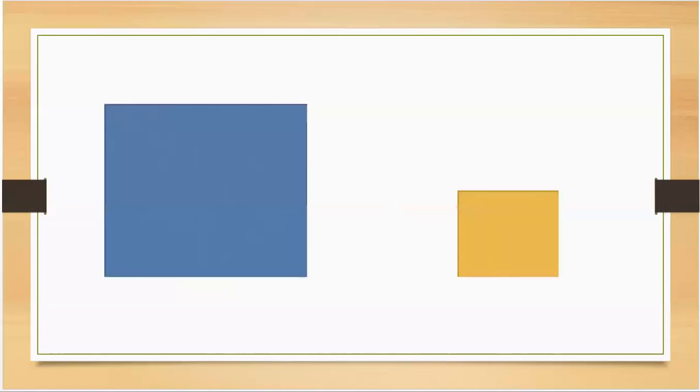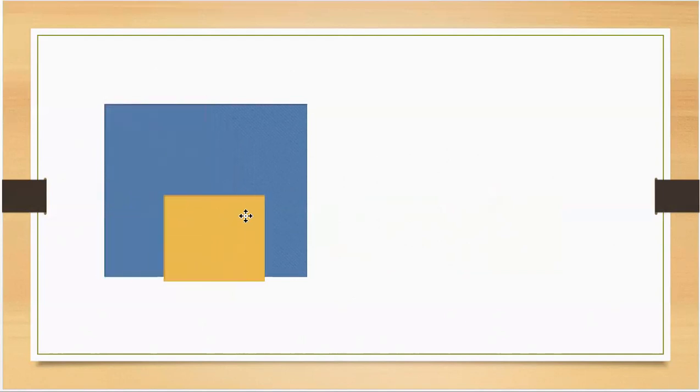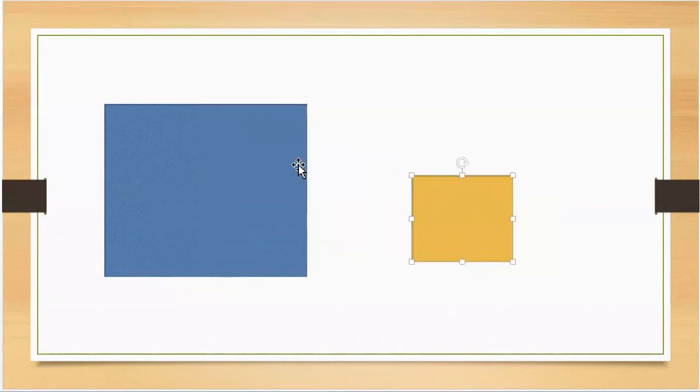And finally, let us observe this square. The blue color square has sides slightly bigger than the yellow color square. Now let us coincide the angles and see. The angles are definitely equal. This is the first angle, this is second, this is third, and this is fourth. You can see here all the angles of the blue color square are equal to the yellow color square. Only the difference is in the length of the sides.